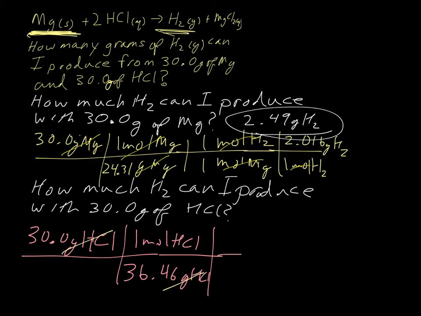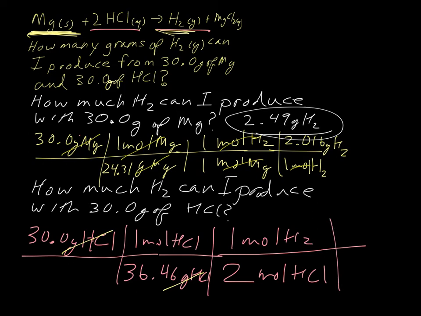I have moles of hydrochloric acid. Place them where they cancel out. According to my chemical equation, I need 2 moles of hydrochloric acid for every 1 mole of hydrogen gas. Gotten rid of moles of hydrochloric acid. I have moles of hydrogen. Do I want moles of hydrogen? No! No, I do not, good sir. So I get rid of hydrogen, and I know that 1 mole of hydrogen gas has a mass of